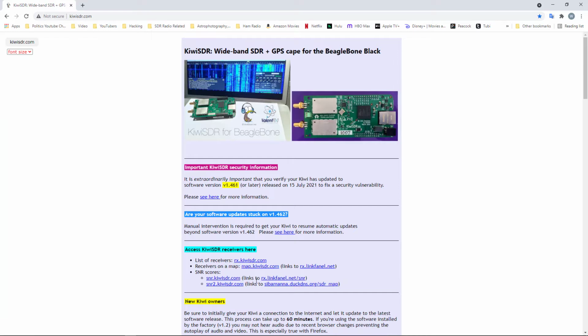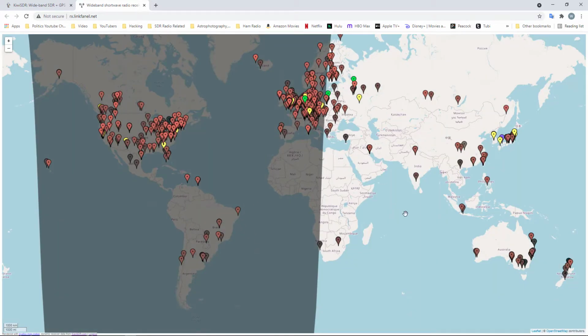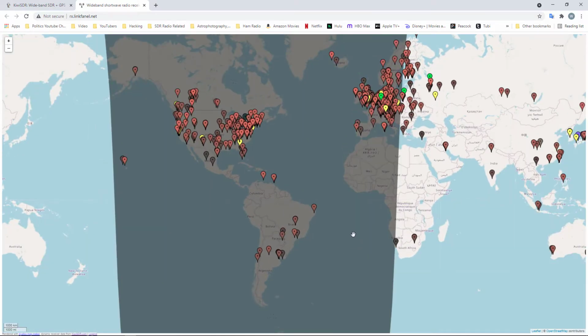Now the other way, if we go to the map, and I'll click on the map, and here we go. Here's the map. And I tried finding the legend the other day about what the different colors mean, and I just can't find it. I can't remember where in the world the legend is.